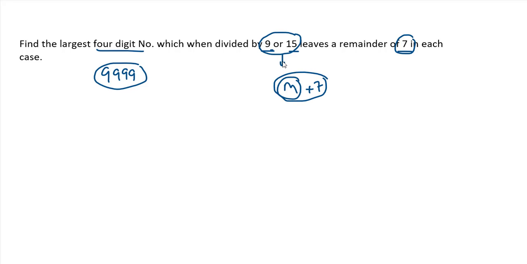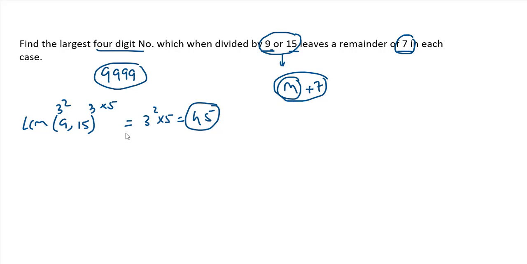So our first goal will be to find the largest 4-digit number which is completely divisible by 9 and 15. So for that, we have to first find the LCM of 9 and 15. Since 9 is 3 square and 15 is 3 into 5, the LCM of these two numbers will be 3 square into 5, which is 9 into 5, which is 45. So the LCM of these two numbers is 45. Now what we will do is, we will divide this largest 4-digit number by 45. Let's see,